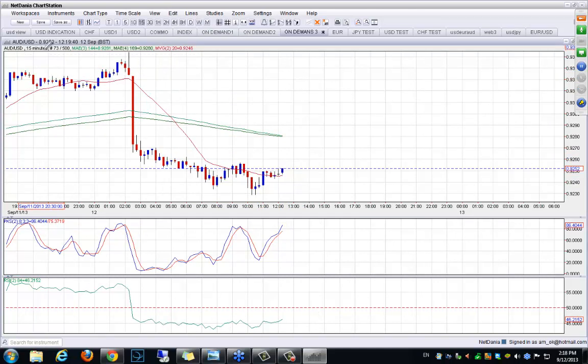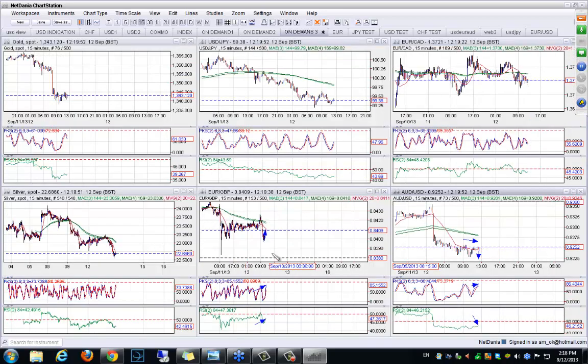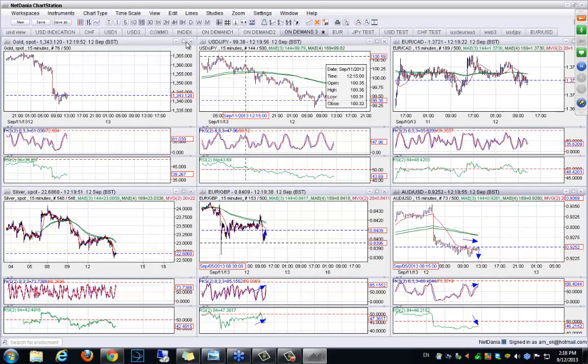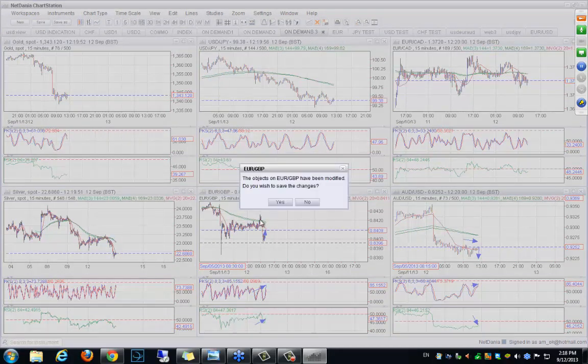Looking at this structure, the Australian dollar versus the US dollar, I still think that we will see a bit more uptrend. Stochastic reached an exhaustion level, RSI at the bottom. Good potential for a downtrend, but it will form in approximately 15 minutes, half an hour from now. Let's continue. So we went over all the on-demand instruments. We went over the commodities, the Japanese yen currencies. Let's look at the euro perspective.